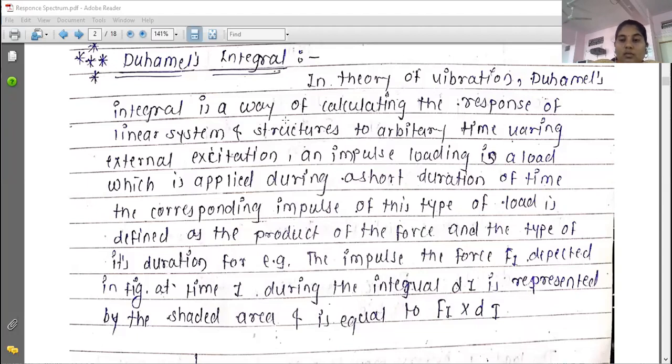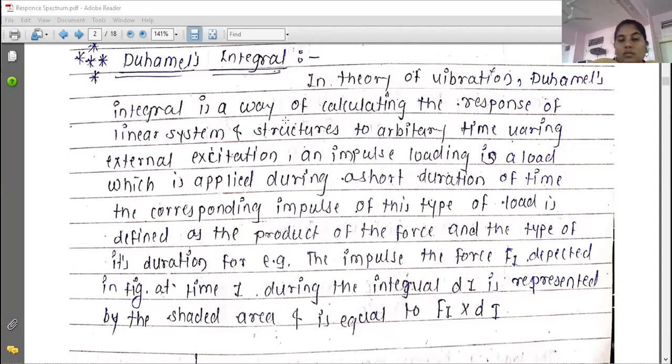In theory of vibration, Duhamel's integral is a way of calculating the response of linear systems and structures to arbitrarily time-varying external excitation, and impulse loading